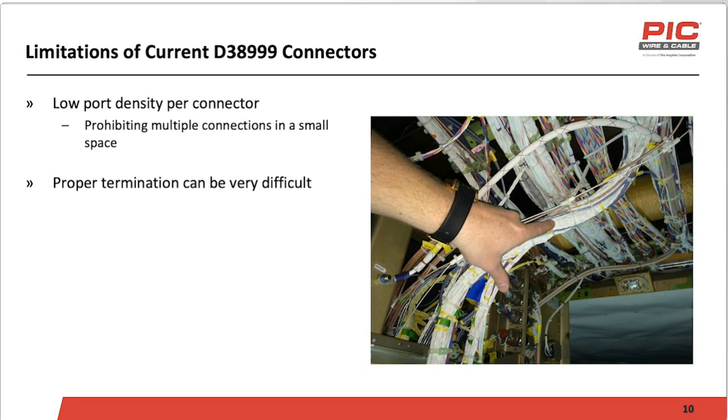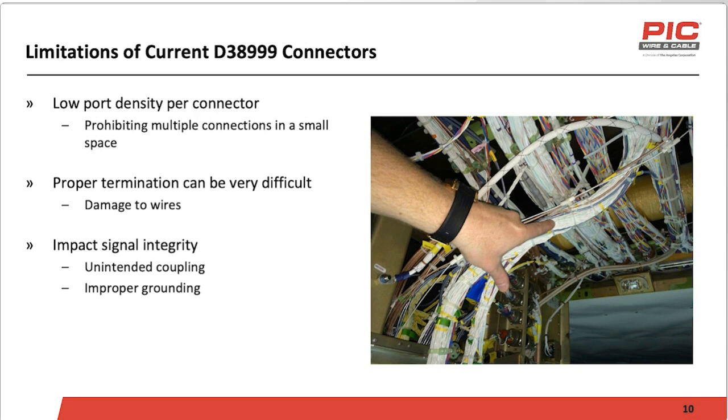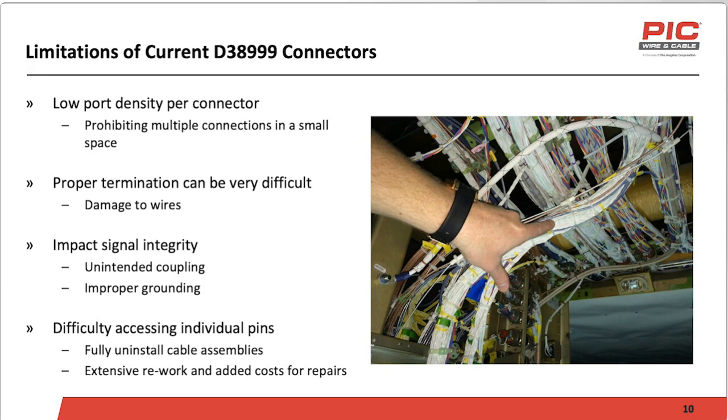While terminating the cables, damage can occur to the wires, which impacts signal integrity. How the cables and pins are terminated in today's 38999 product makes repairing a damaged connector extremely difficult, if not near impossible in some instances. This can lead to extensive rework and added costs for repairs, as well as unplanned downtime for the aircraft or